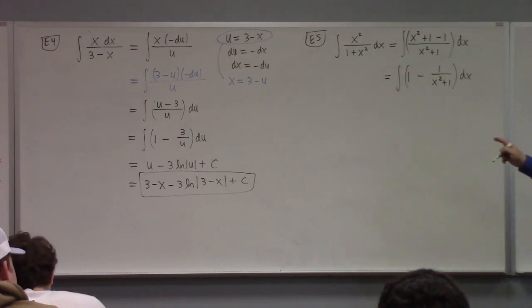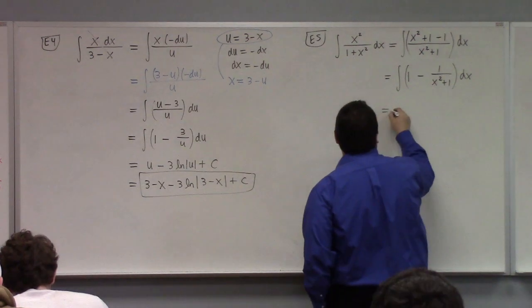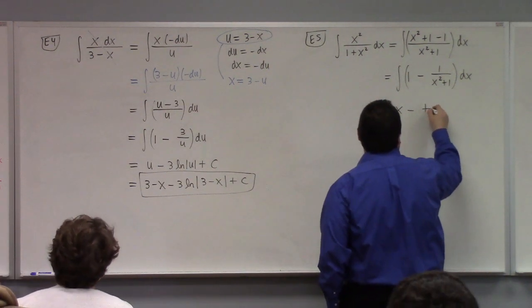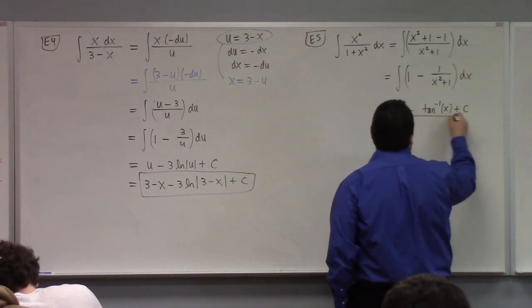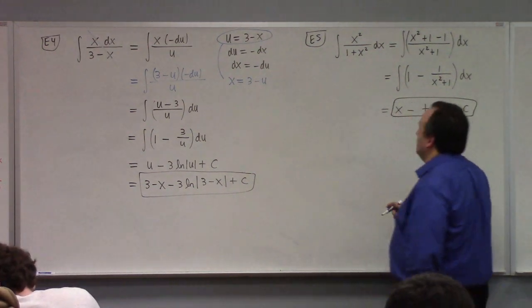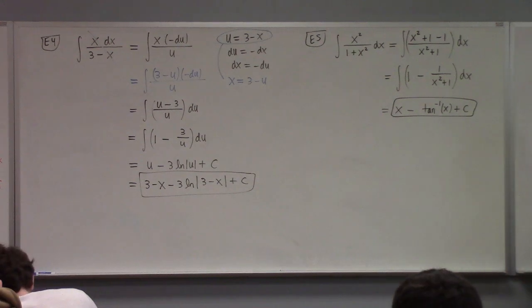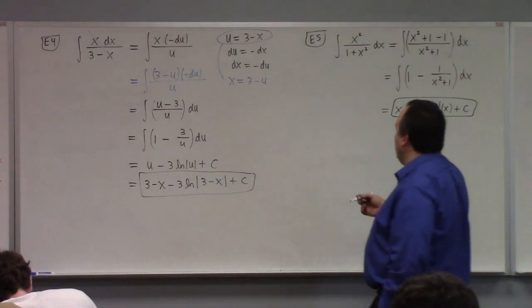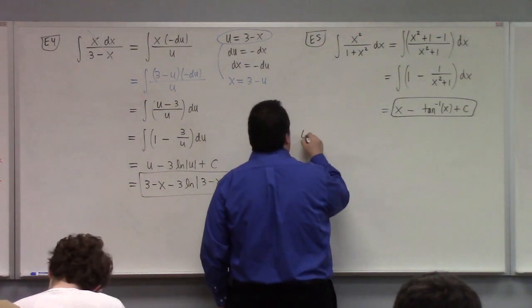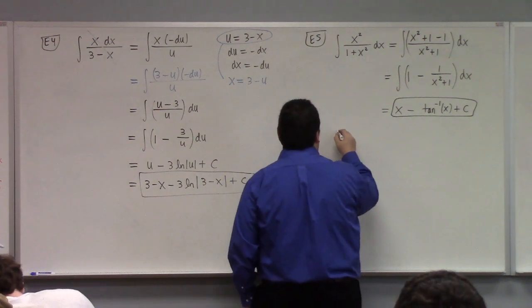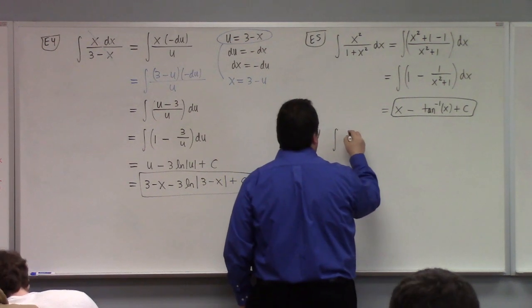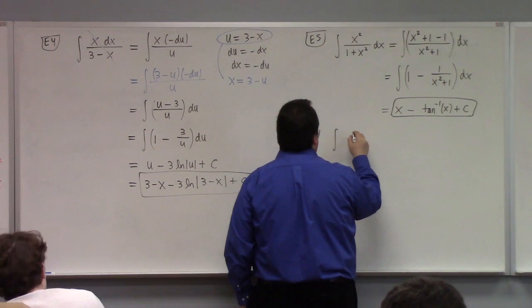That we can integrate. The integral of one is x, and the other one's just inverse tangent of x plus a constant. We don't need u-substitution here. We just need algebra. Let's try something similar but different. And I'm not sure this is going to go well, but we'll try it. Example 6. What if I had the integral of, I don't know,